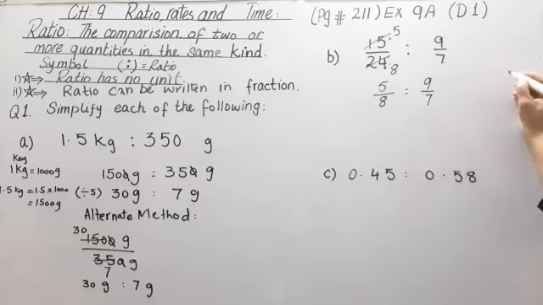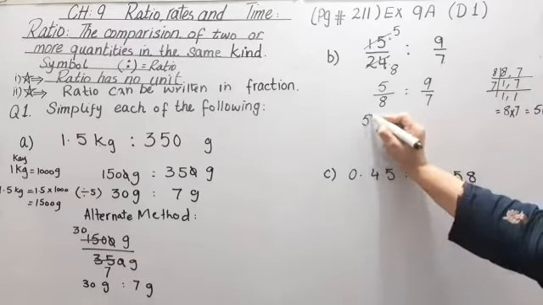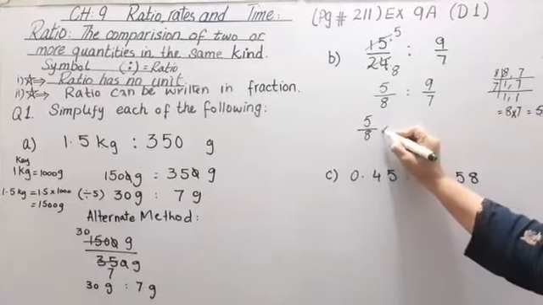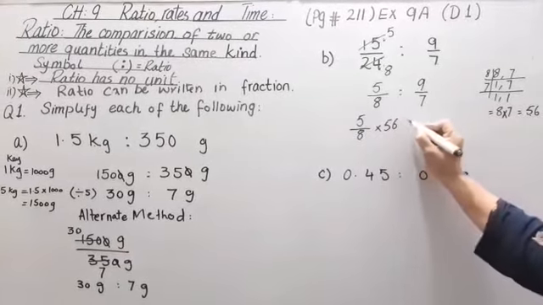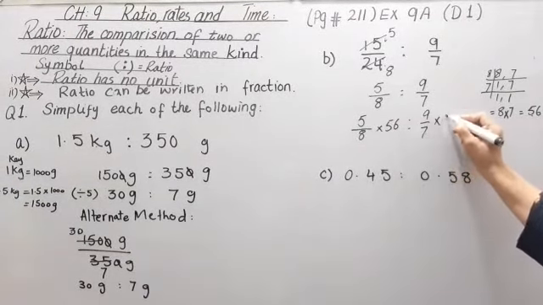Now we take the LCM of the denominators. Where the denominator is involved, we take the LCM. 8 ones are 8 and 7. Prime factorization is not necessary to do here. Just take the LCM in the same way. So this is equal to 56. Now we multiply both sides by our LCM, 56, and the ratio sign stays in its place, and 9 by 7 and 56.